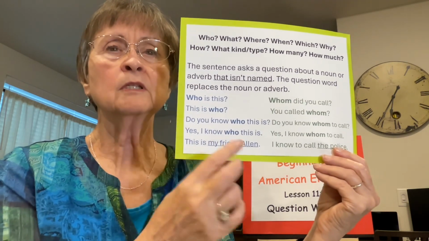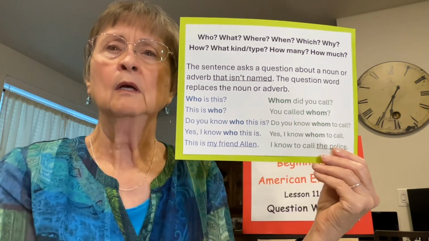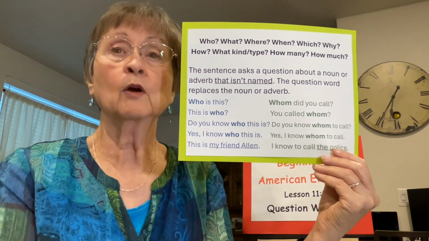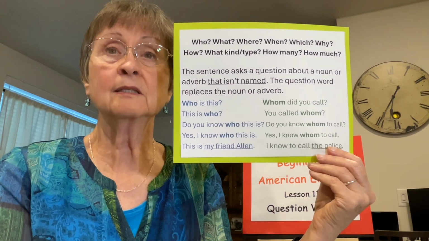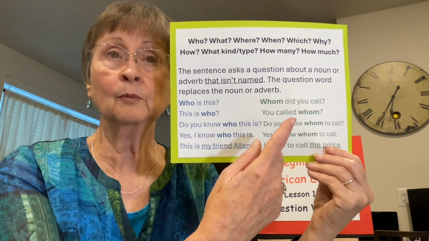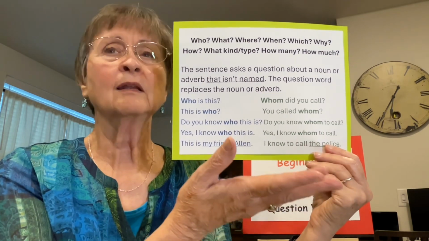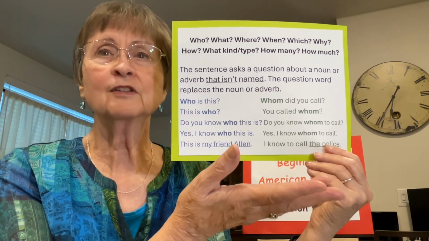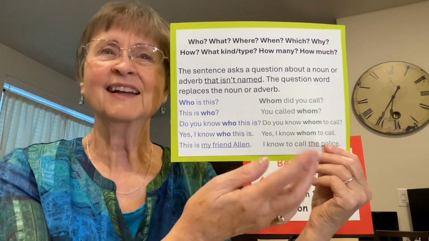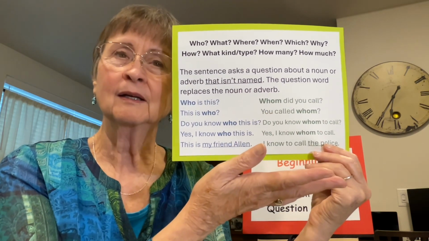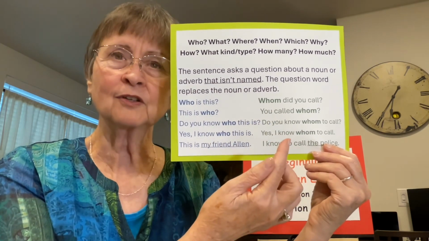Now there's an interesting thing about the word whom. We don't like it very much. So many times we are going to say who instead of whom, even though it should be whom. So don't worry about it. If you say who instead of whom, a lot of native English speakers do the same thing. I don't know why. But if it's a direct object, it's supposed to be whom. It's sometimes hard to find in a question though.